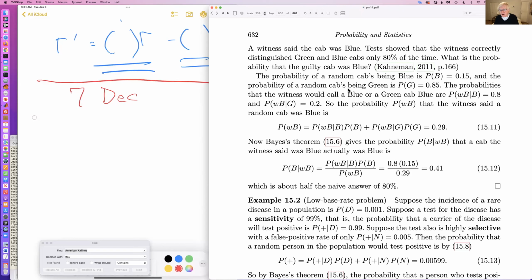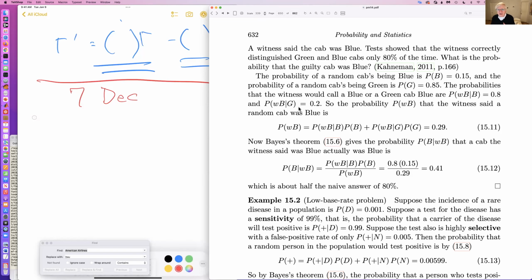The probability of a random cab being green then is 0.85. The probability that the witness would call a blue or a green cab blue: probability witness says blue given blue is 0.8 and probability witness says blue given green is 0.2,